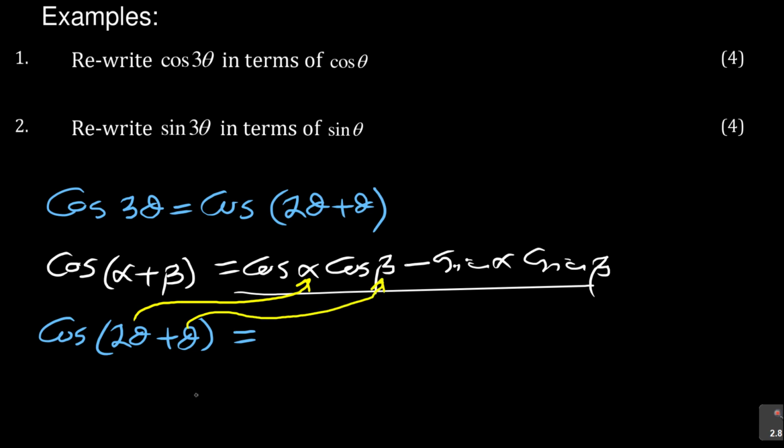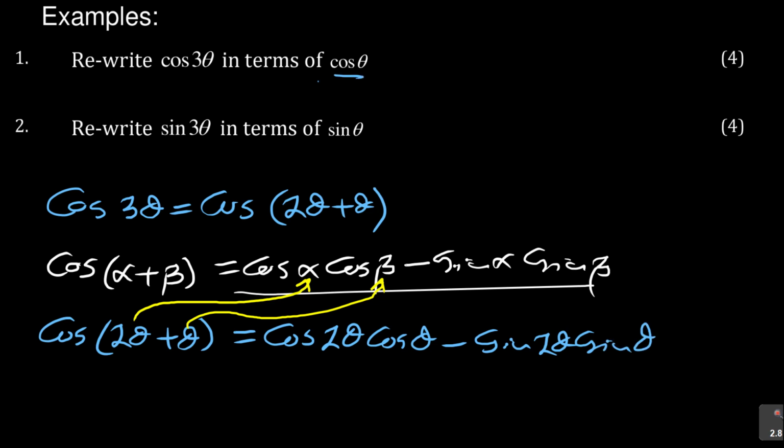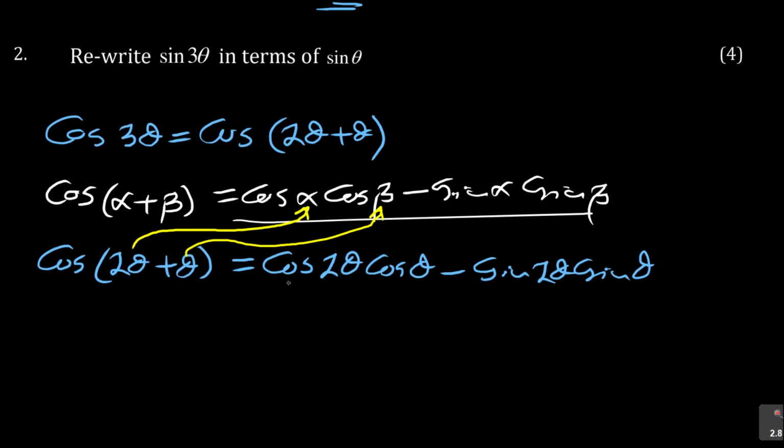So I'm going to say this is cos 2 theta cos theta minus sine 2 theta sine theta. They say it in terms of cos only, so now I still have sine. That is a problem. Fine, I've got cos 2 theta cos theta, but now what about this sine 2 theta sine theta? I continue and say I know my other